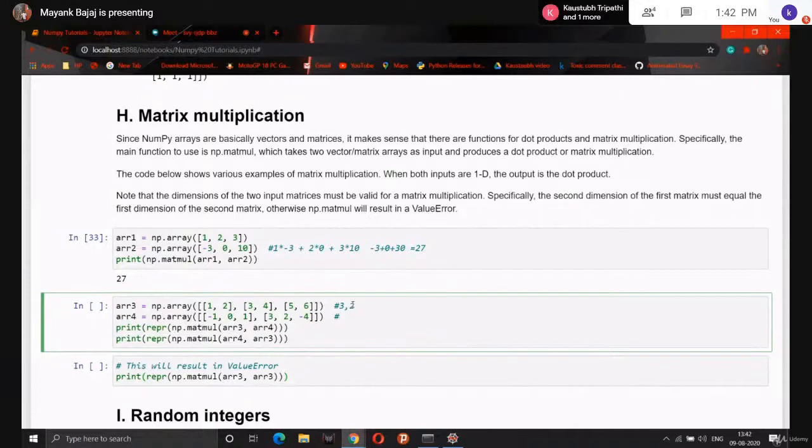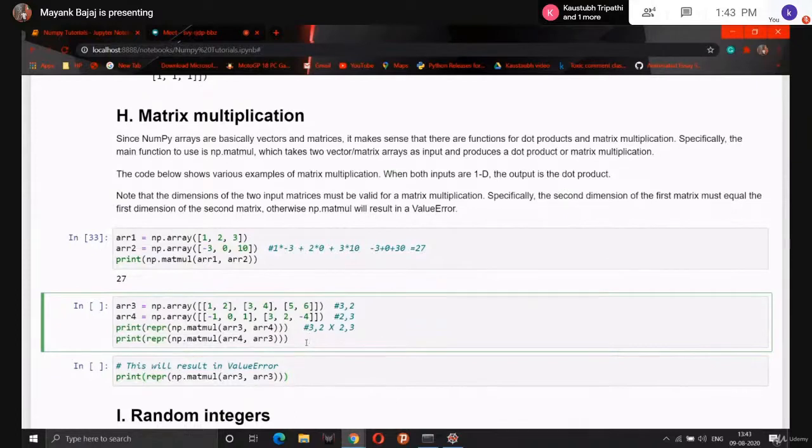So now we can see here if you multiply array 3 and array 4. First of all, let me write the shape here, 2 comma 3. If you multiply array 3 and array 4, how will it do it? Here 3 comma 2. Then we are multiplying by 2 comma 3. Here you can see that the columns of the first array and the rows of the second array are the same. So it won't print any error and it will perform matrix multiplication. Similarly, over here, the first array is array 4, that is 2 cross 3, and the second array is array 3, that is 3 cross 2. Again, we have the same column number and row number of array 1 and array 2.